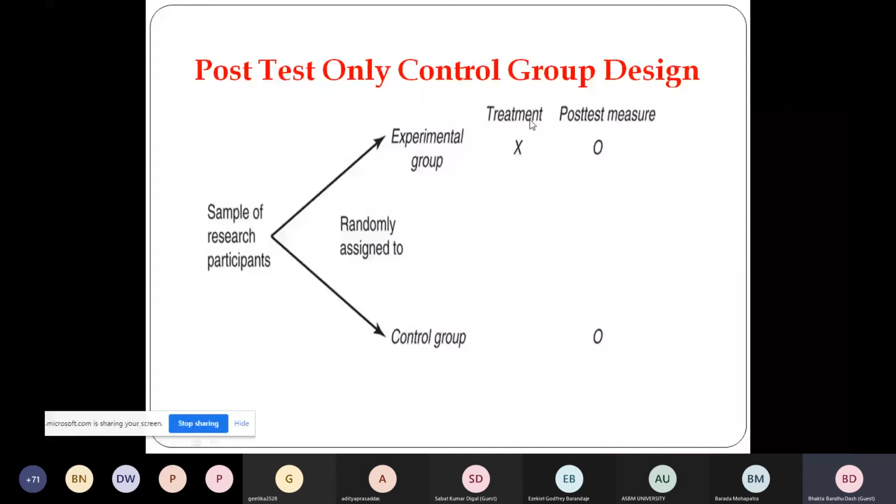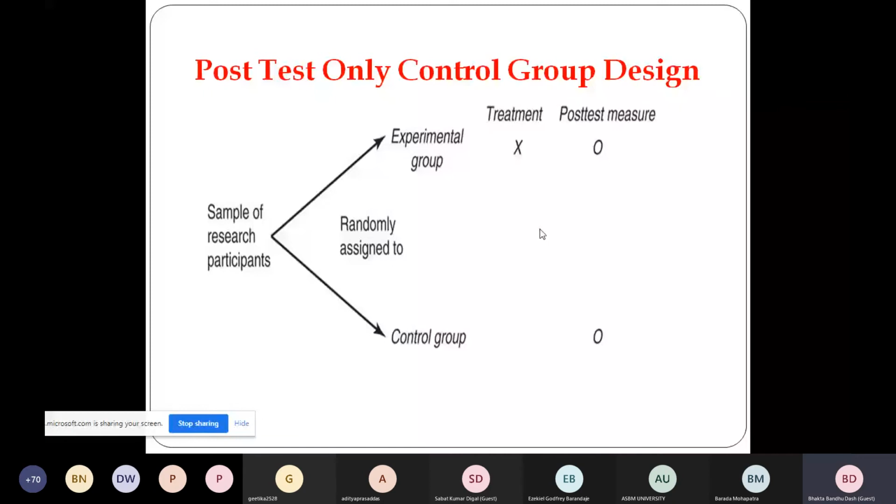Say for example, 10 children are taken and vaccinated with the COVID vaccine. 10 children we are taking, they are not vaccinated. Then after certain days, I am assessing the effect in both cases. Say for example, in the control group and experimental group case, those children who are vaccinated are treatment based, they are intervened with the condition. And those children who are not vaccinated are the control group. That means for those who are vaccinated, what is the effect you are assessing? This is the post-test only control group design.